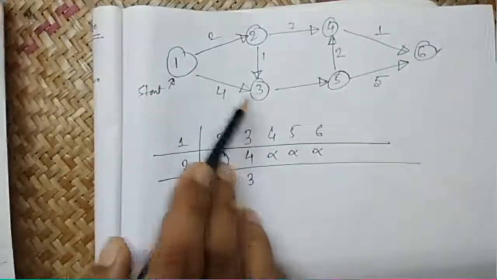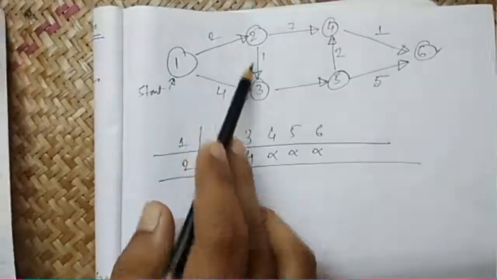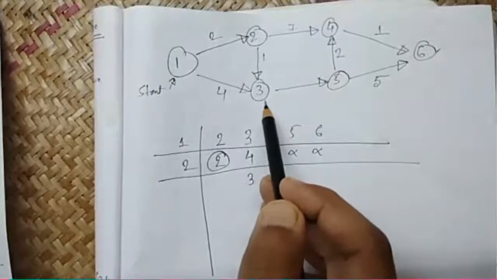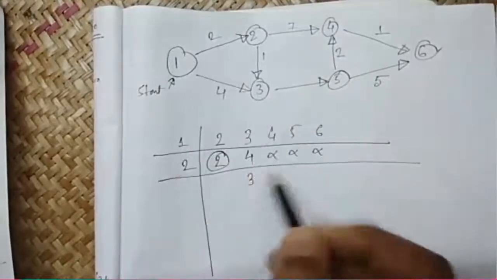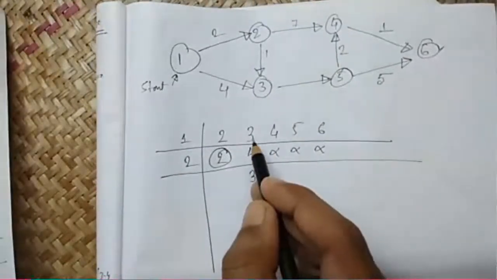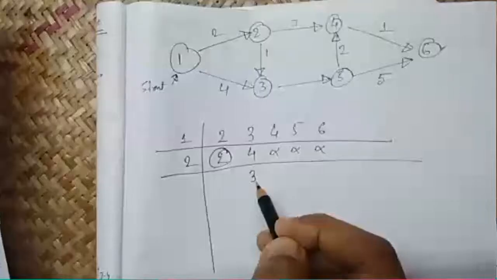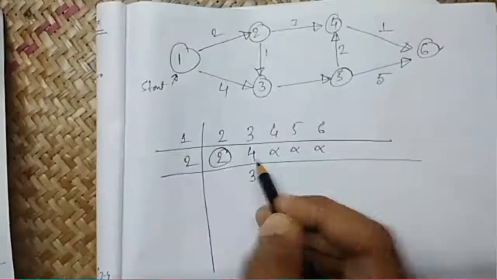Now we have found another way. By the 1, 2, 3 method we can reach 3 meters or 3 seconds. So 3 is lesser than 4, so this is updated by 3 instead of 4. Next,